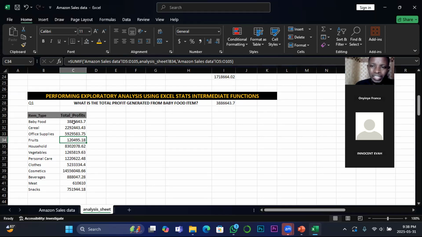And you are presenting to the stakeholder right now that baby food generated this amount of money. Cereal generated this. Office supply generated this. Household generated this. Now, the next question is,